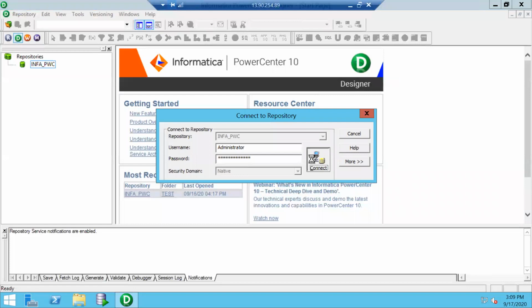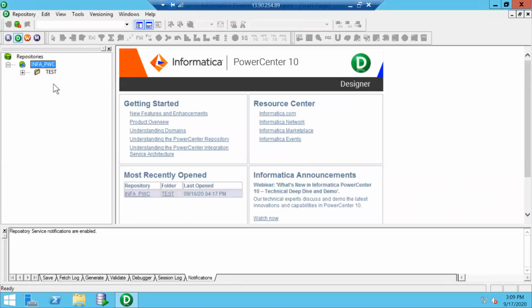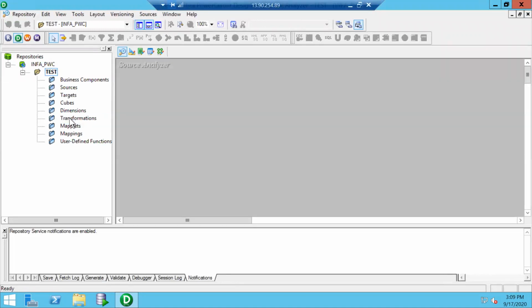Phases, in the sense, different types of transformations, so that the data is converted into the format acceptable by, or desired by, the target. That is designed in the Designer.